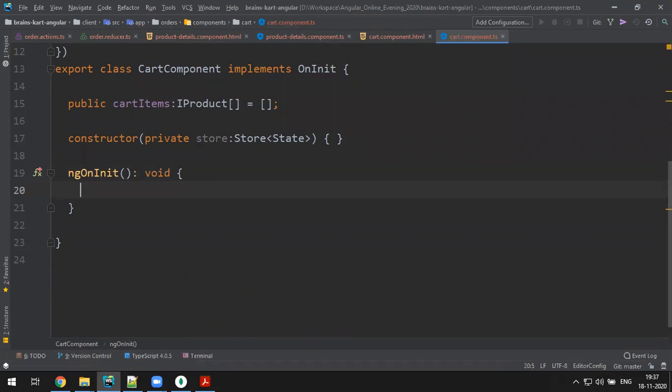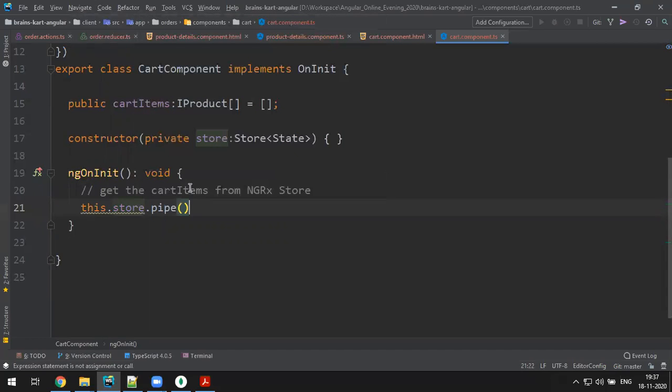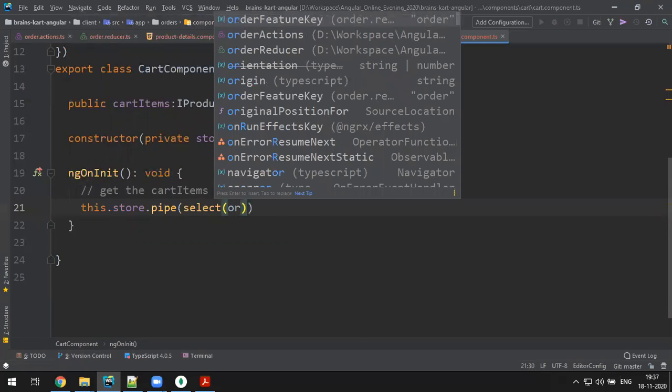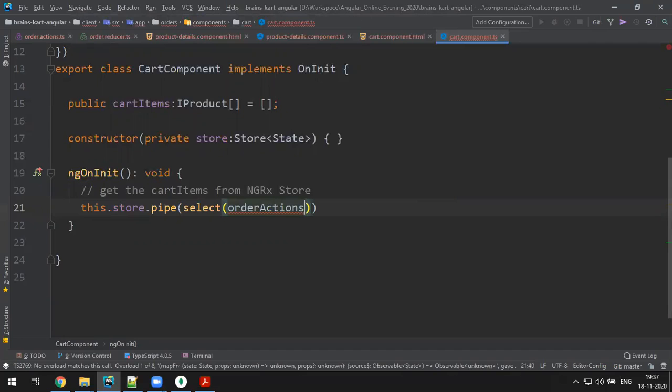So when the page loads, get the cart items from the NgRx store. this.store.pipe(select(orderReducer.orderFeatureKey)).subscribe